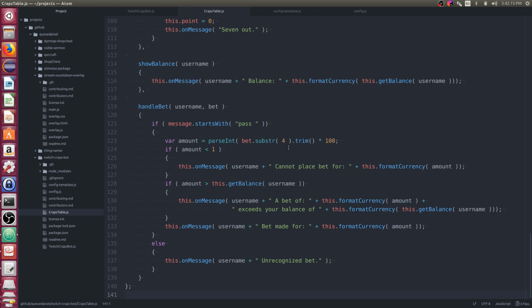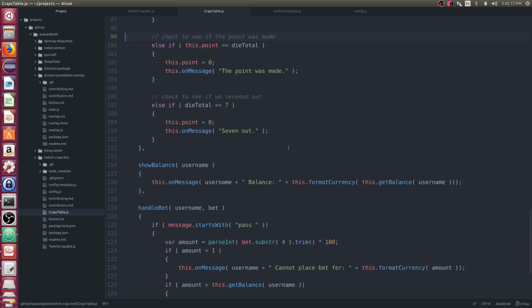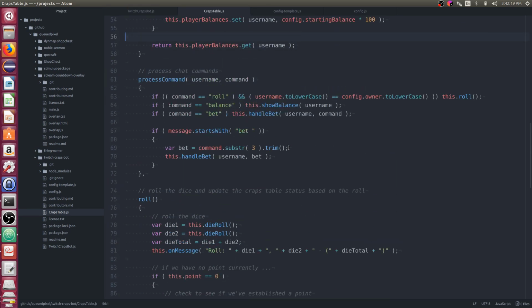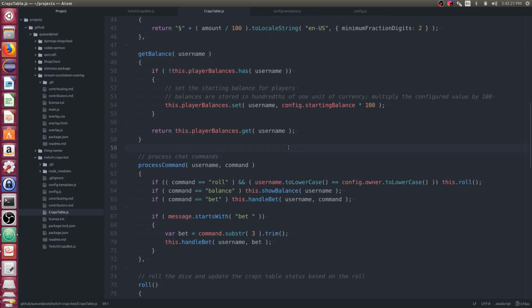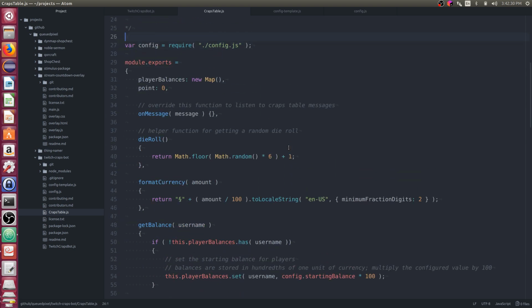I've seen that before. I see that when I add a new function and don't put a comma at the end of it, so let's go look for a function without a comma, like get balance. That's missing that. Let's put it in the right spot. Let's give that a try.